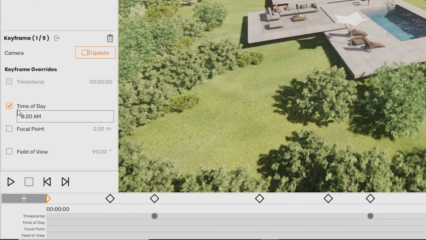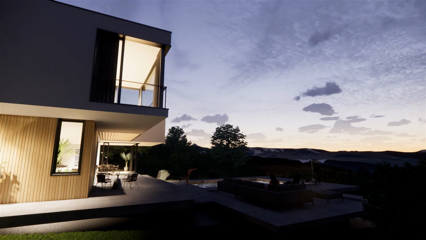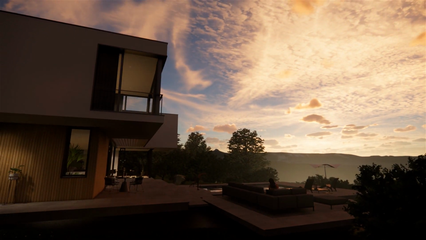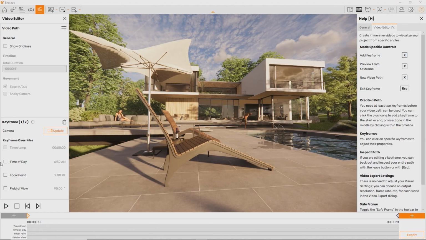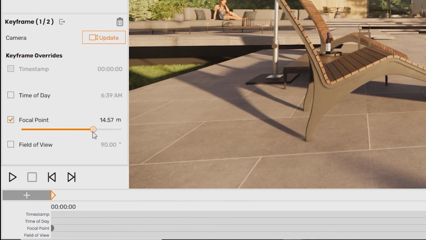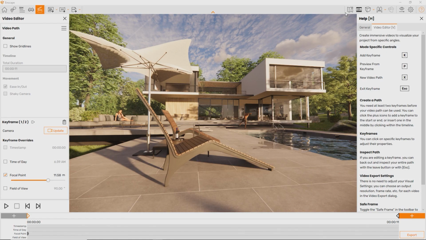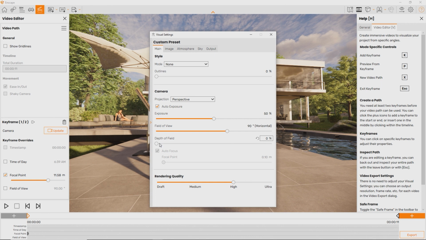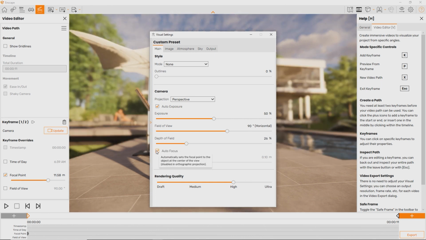Time of day can be keyed to simulate a time lapse. Focal point will only have an effect when depth of field is enabled in the Visual Settings main tab, and autofocus is disabled.